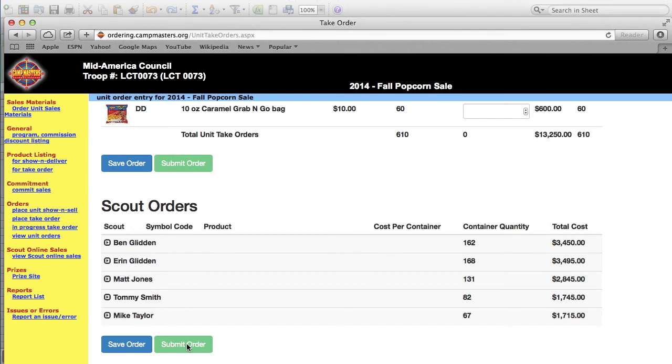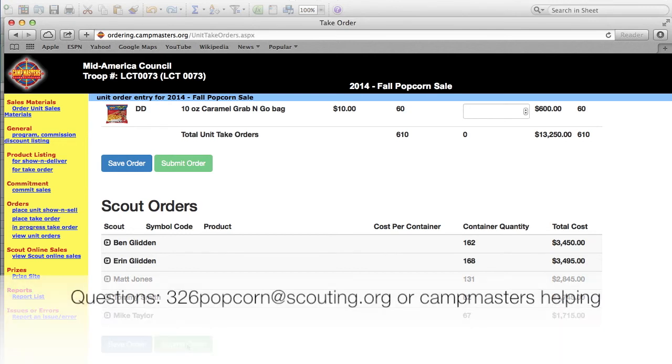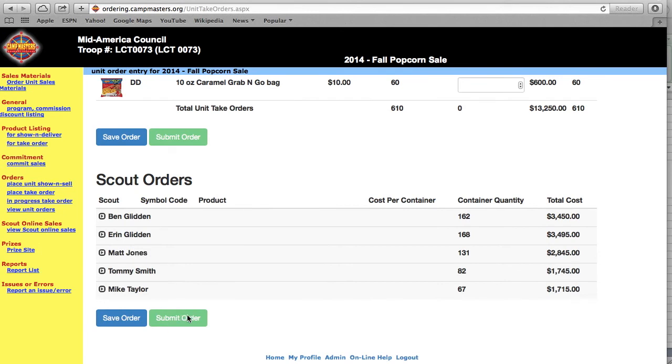If afterwards you figure out you've made a mistake, all you need to do is contact the council office or email 326popcorn@scouting.org, contact your district colonel, or you can contact Camp Masters, and we will all be able to help you make those changes. Remember, after you click Submit Order, your next step is to